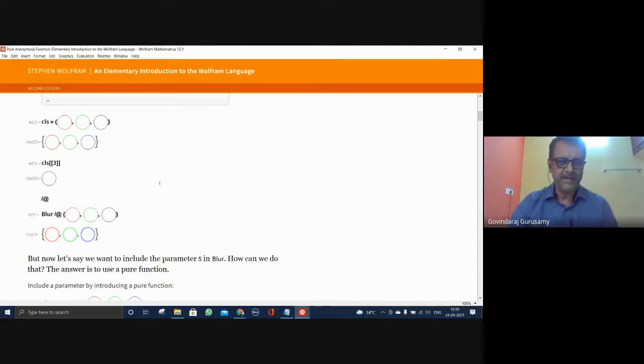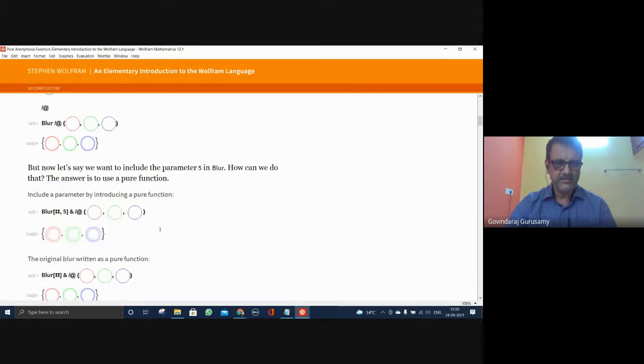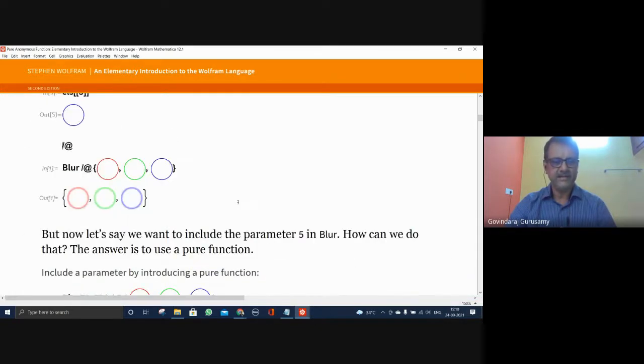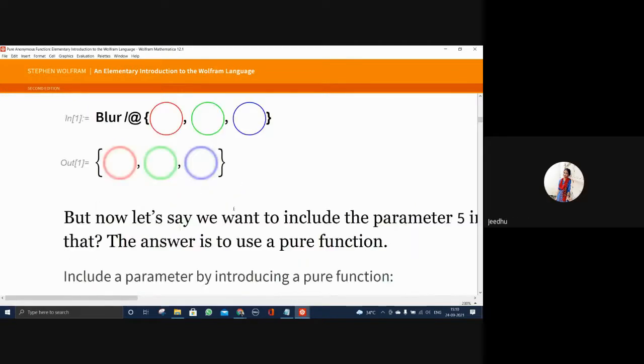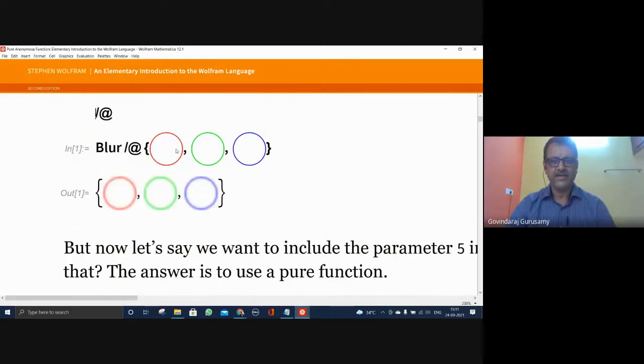See, now you are applying a blur /@ on this. Blur each one of them. You can see the thickness has been increased, no? You can see that? This is sharp. This has become much thicker. You can see the difference now between these two. Are you able to feel that? Or are you still not able to appreciate the picture? So maybe I should increase the size of the picture by 100. You're able to see that? Yes, sir. This is blurred. There's no blurring here. Sharp. So this is blurring. Okay. And /@ is also available.